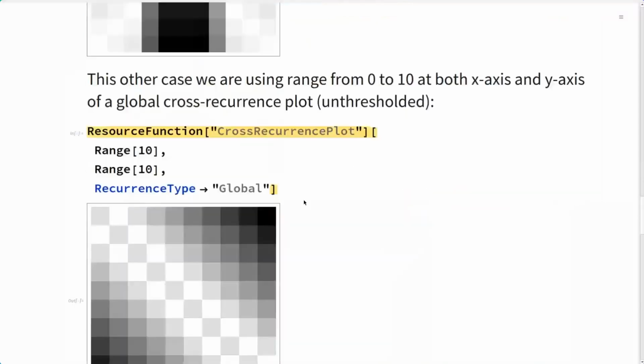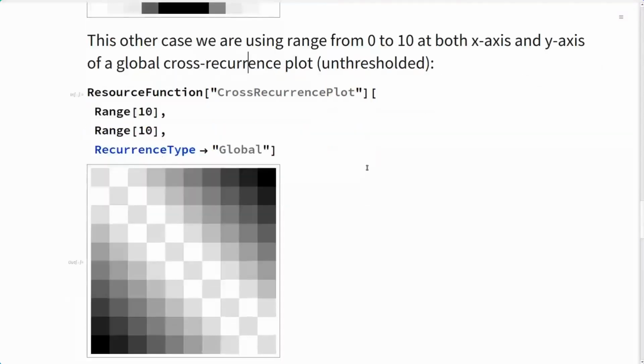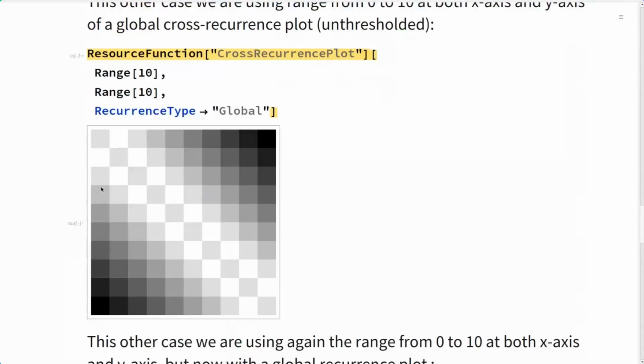Here I have another case with this no threshold, that is the global cross recurrence plot. We send this parameter here to bypass the threshold, and then I'm comparing the range to 10. Okay, so those are basically the same values. I'm using the cross recurrence plot, but I'm sending exactly the same values, and so we can notice here they coincide in every case. Here they coincide,